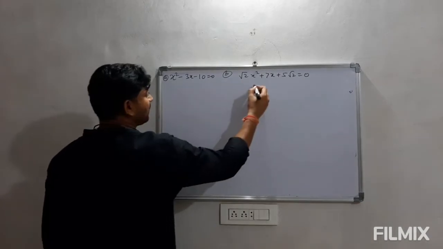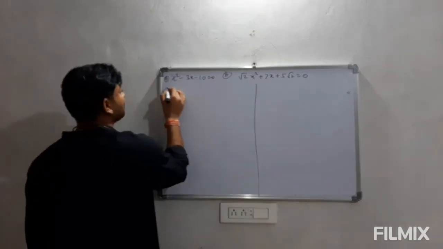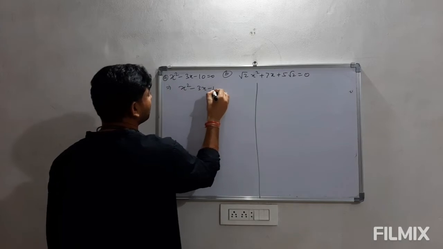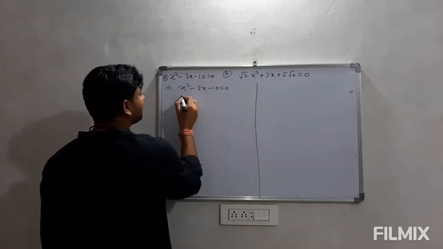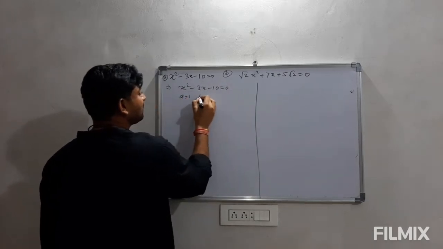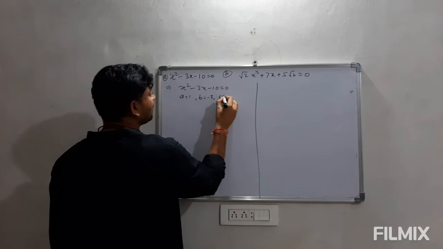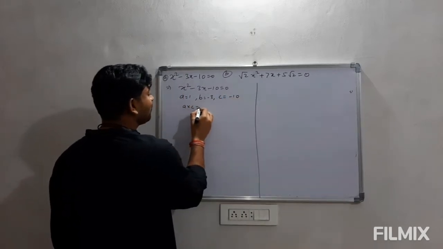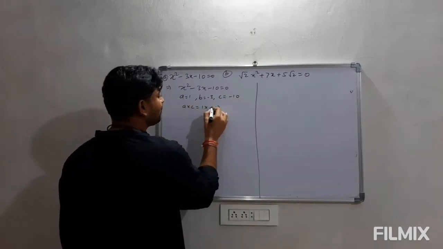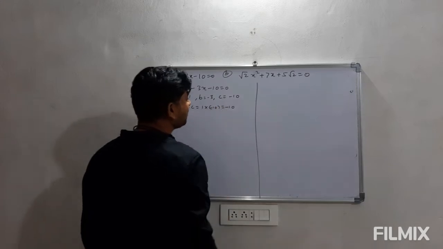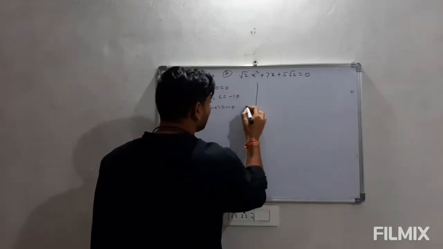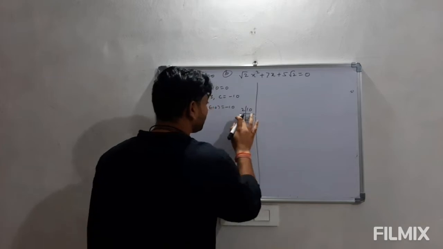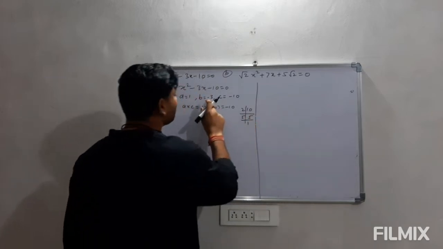So for the first part, first of all we will take the first question here. So x square minus 3x minus 10 is equal to 0. Clearly the value of a is 1, the value of b is minus 3 and the value of c is minus 10. So as I told you, we have to calculate a into c, that is 1 into minus 10, that is coming out to be minus 10. Now we have to factorize 10. So the factors of 10 are 2 and 5. Now the value of b is minus 3.